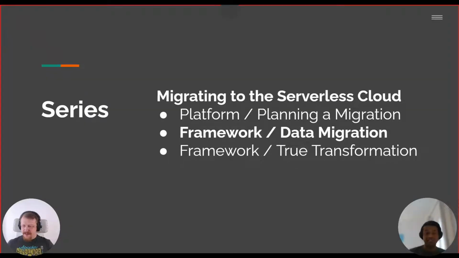Just back to the presentation. As I mentioned, this is the second presentation in a series. Last time we talked about planning migration, best practices. Today we're going to talk about the actual data migration, some best patterns, and then some tools, some methods to use. And then next week we're going to talk true transformation,